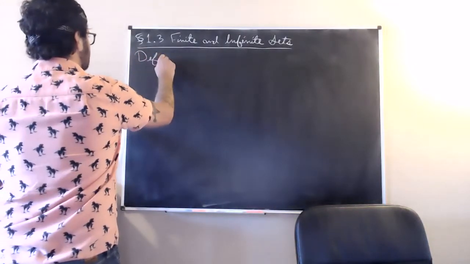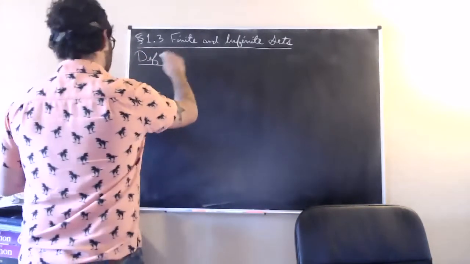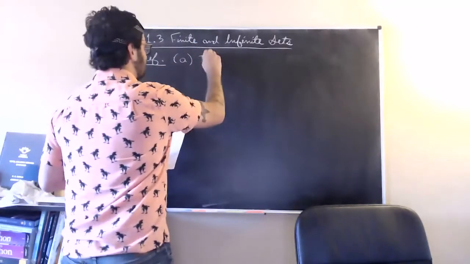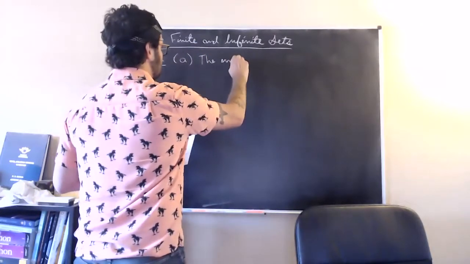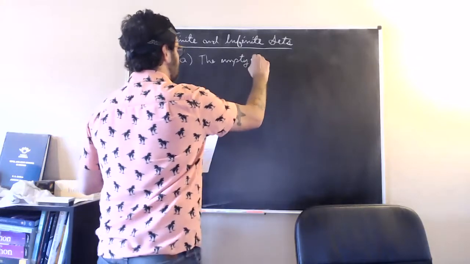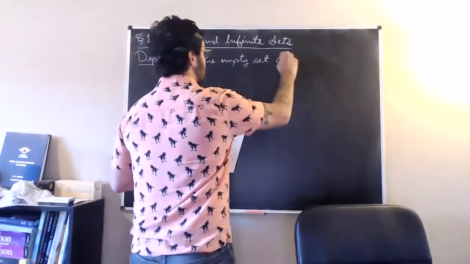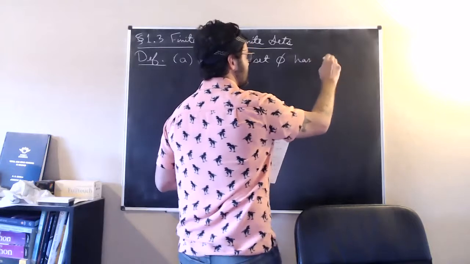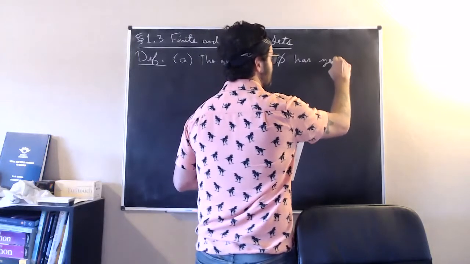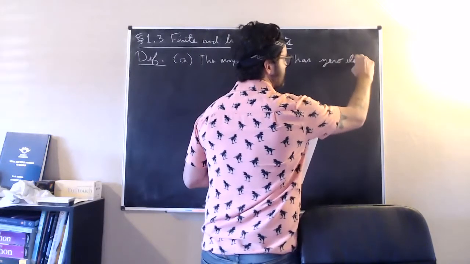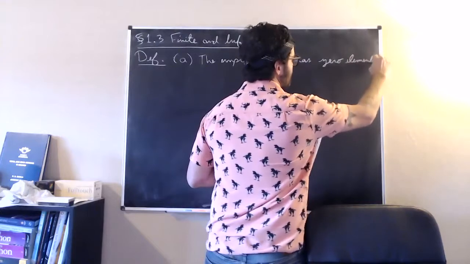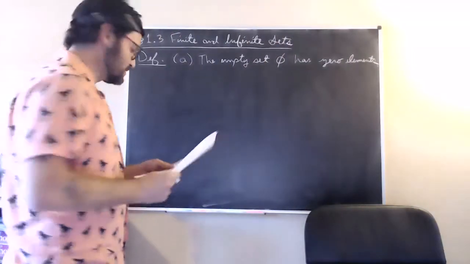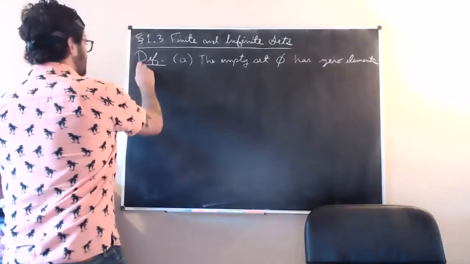So definition. Part A, the empty set has 0 elements. So we just define the empty set as having 0 elements. Part B,